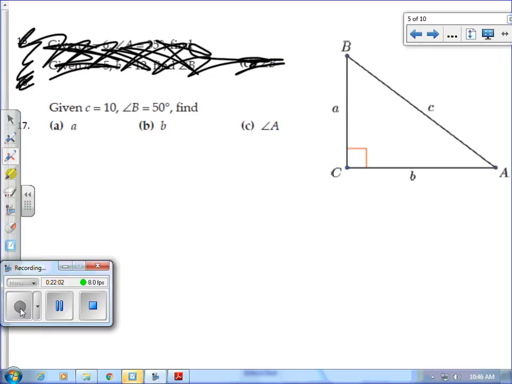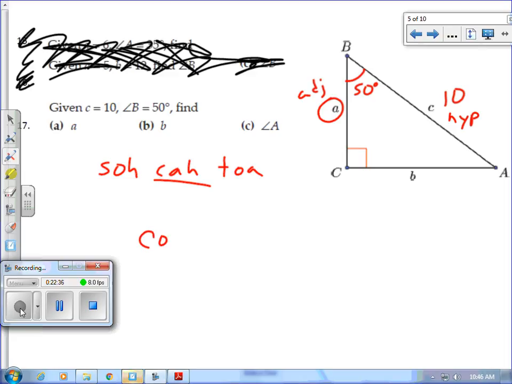All right. Number 17. C is 10. Angle B is 50 degrees. I need to find A. So in reference to the 50-degree angle, this is always the hypotenuse. This would be adjacent. So adjacent and hypotenuse is which function? Cosine. So the cosine of 50 degrees is equal to adjacent, which is unknown, over